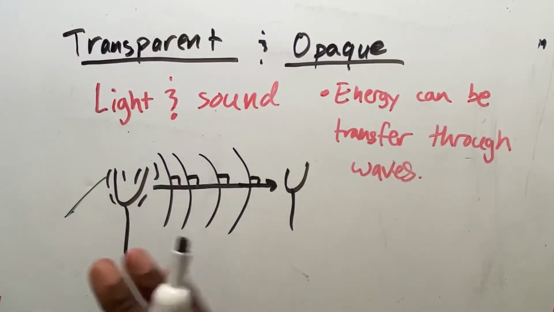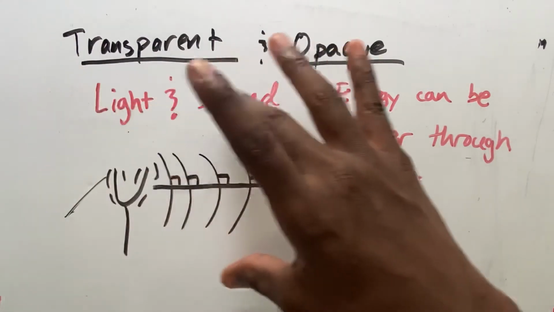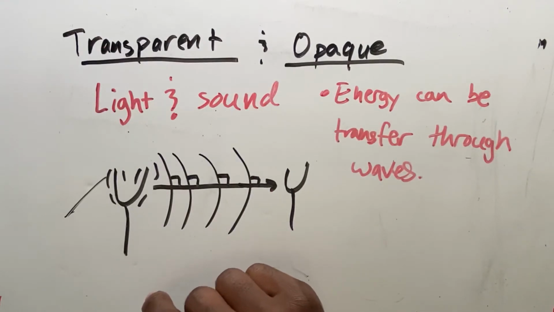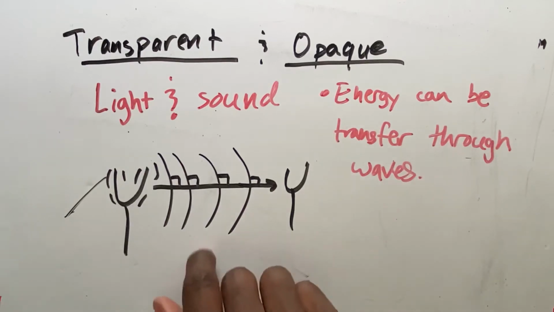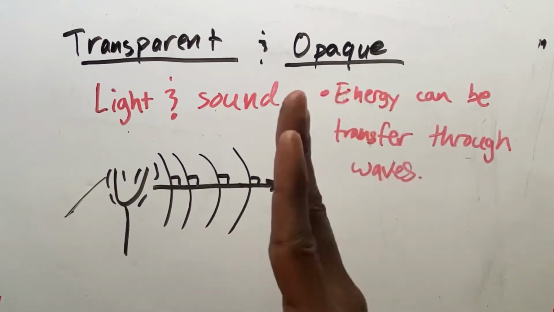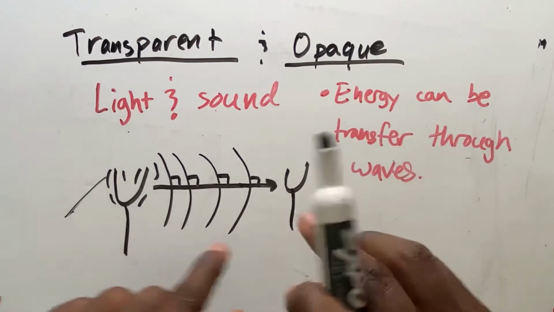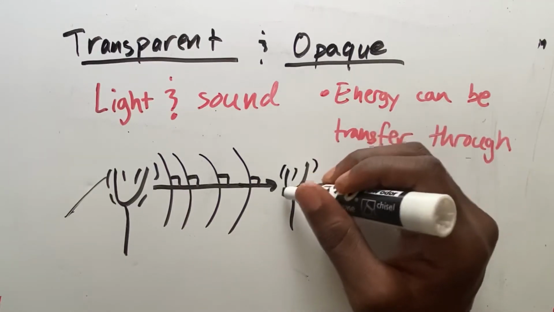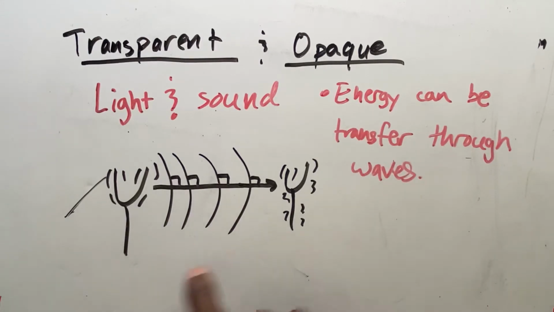All right, so this thing is going to vibrate, giving off sound waves, right, which are these curved lines. And then the sound waves are going to travel to this other fork, and this fork is going to absorb those waves and also cause it to shake as well. So then if I were to ring this fork, right by this fork will also begin to ring, because it's absorbing some energy from the other fork.